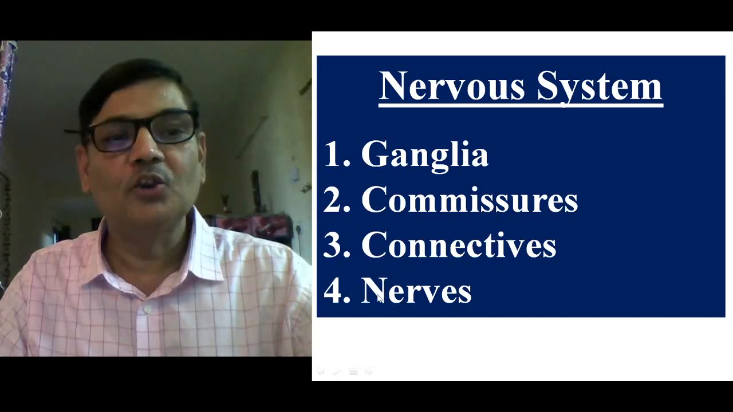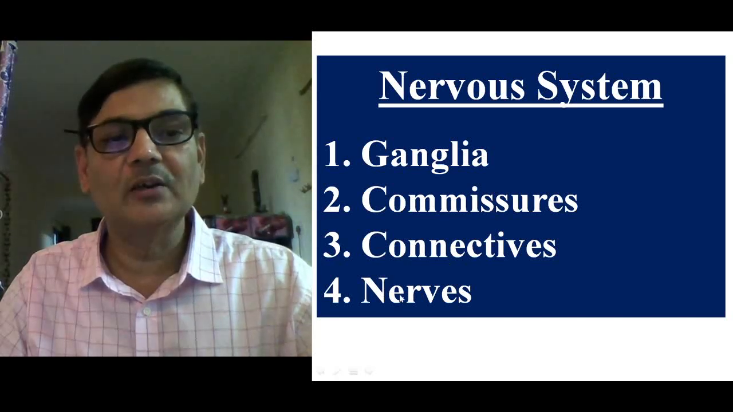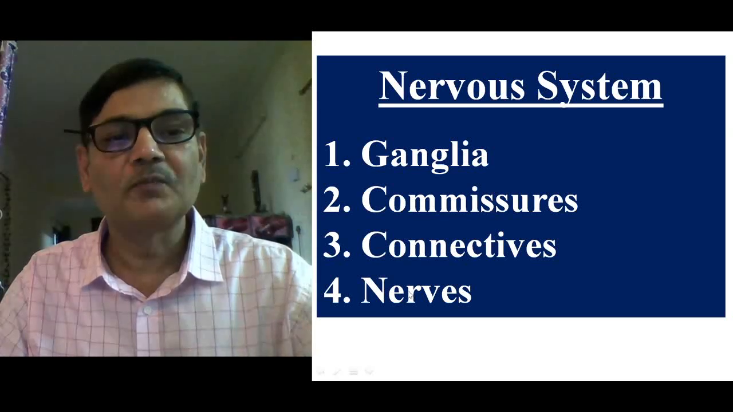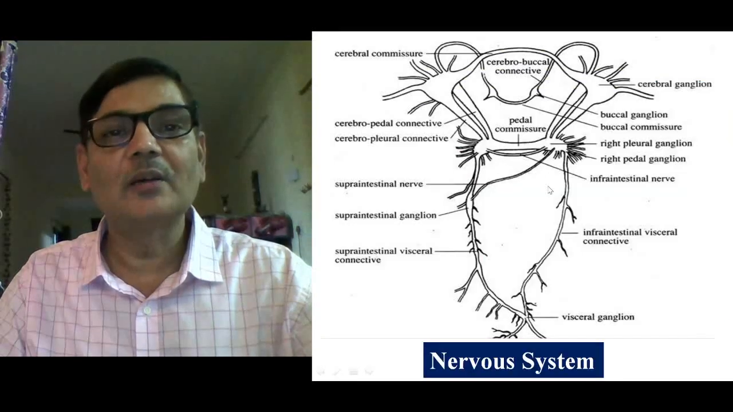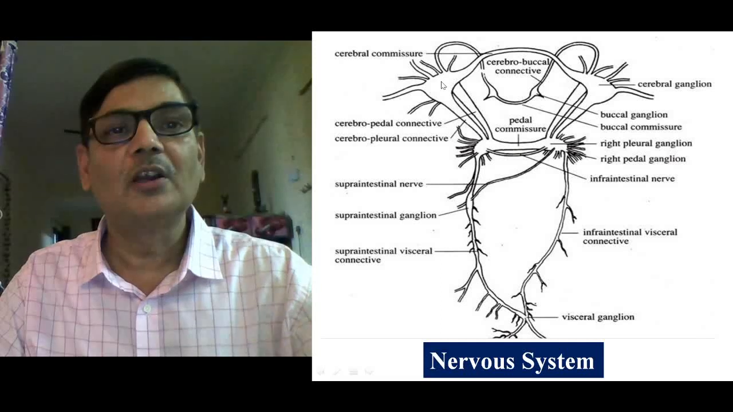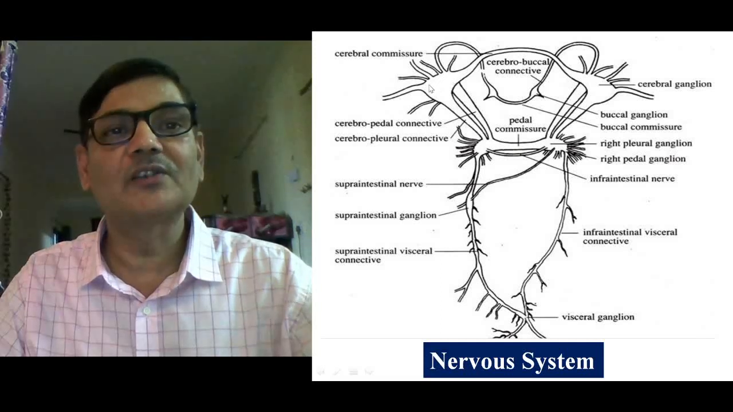And then you would be able to see very fine, thin, thread-like nerves which actually innervate the different parts of its body. In this diagram, you can see the complete structure of its nervous system. When you dissect this animal, you would be able to see in the anterior side. Anterior side means just above the